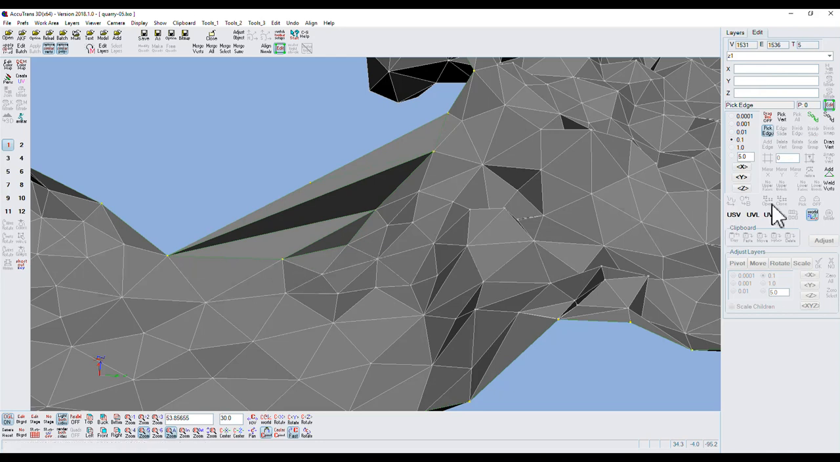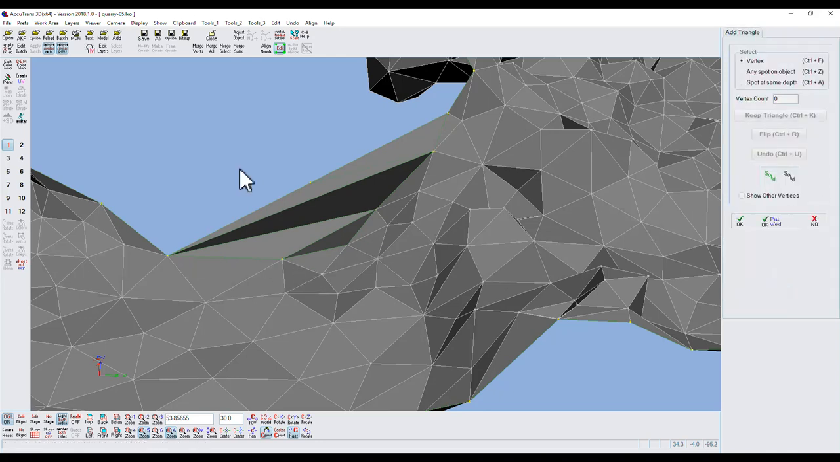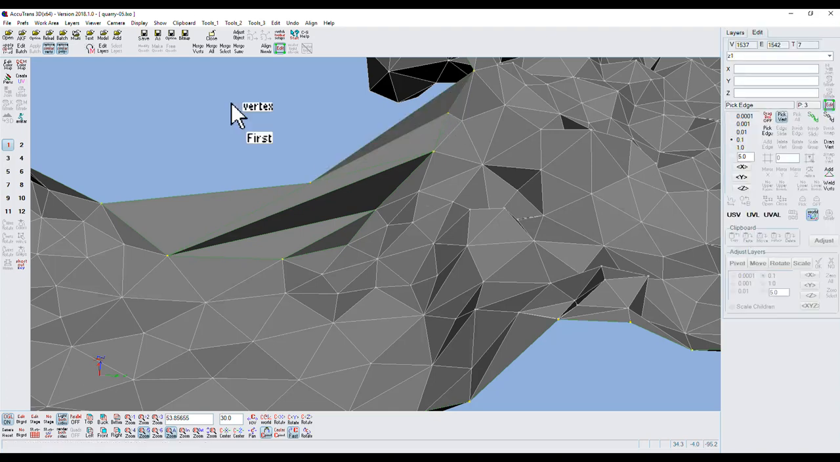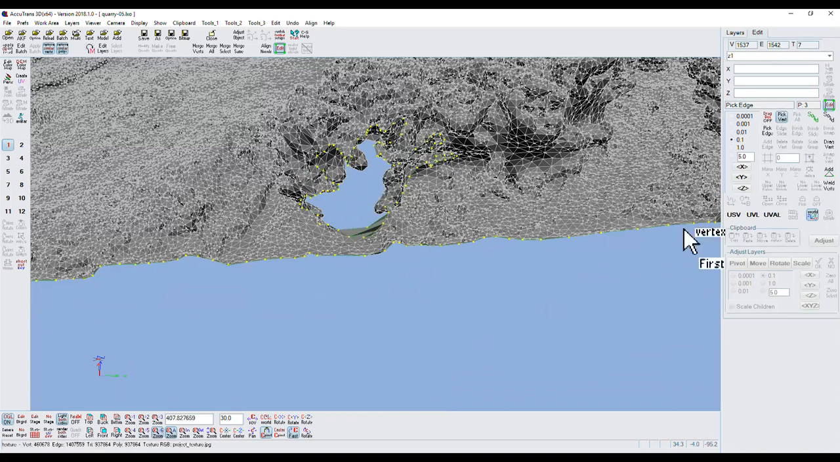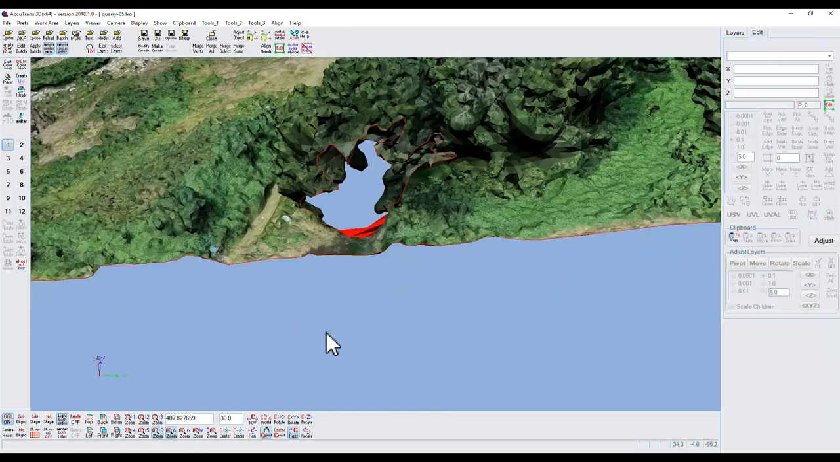I could have done a divide snap, and now if I go back to add triangle, I can do that, and keep triangle, and then I could do this. Okay, now we'll imagine that I filled up this whole hole with triangles, and I'll exit out of edit mode,